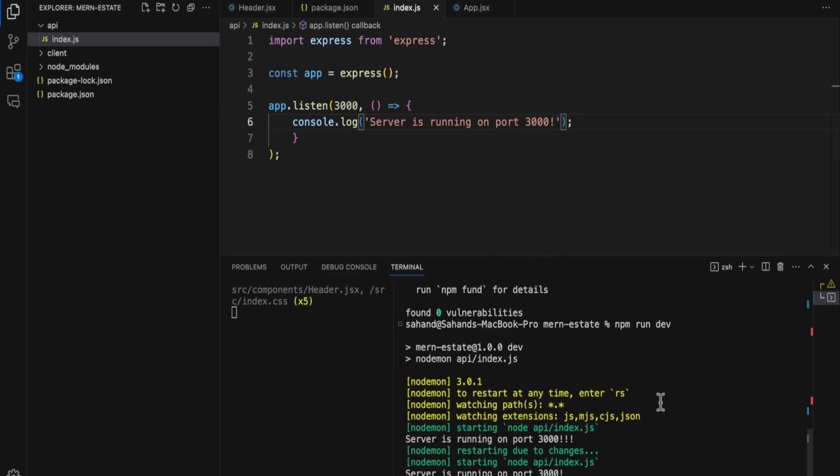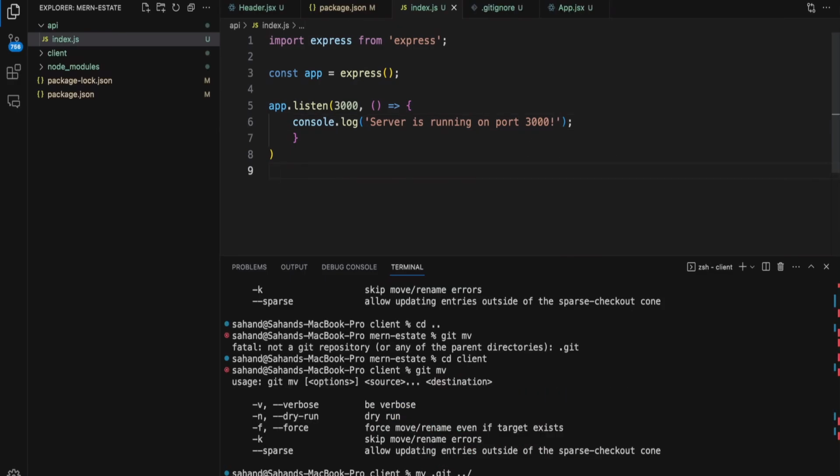So that was it for creating and starting the backend. So now let's add this one to GitHub. I just noticed that